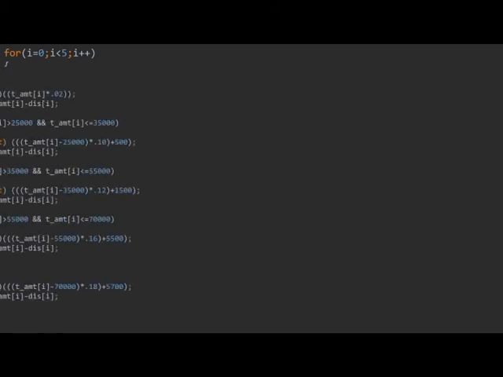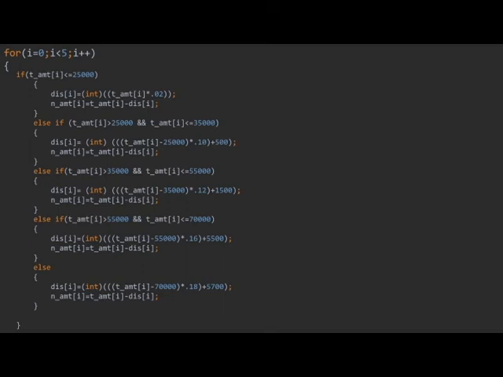To iterate over each customer's information, we have to run a loop. Inside this for loop, there is one if condition, three else if conditions, and one else condition. In the first if condition, we would check whether the customer's booking amount is less than or equal to 25,000, calculate the percentage, and calculate the net payable amount. To keep things simple, I have kept all the values in variables of integer type. Now we know that while calculating the discount, values might come with decimals. So to convert them into integers, I am using typecasting.